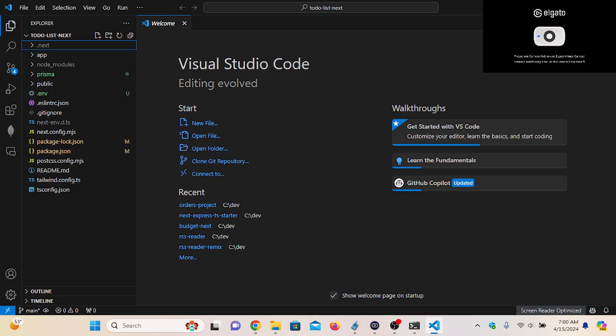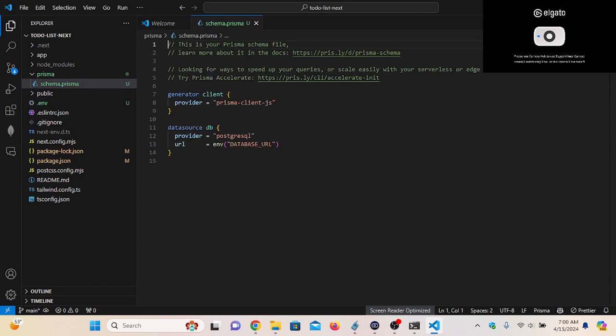Files Explorer: app, node_modules, prisma, public. Expanding prisma, schema.prisma. The editor has autocomplete. This is your Prisma schema file. Generator client { provider = "prisma-client-js" } datasource db { provider = "postgresql" url = env("DATABASE_URL") }